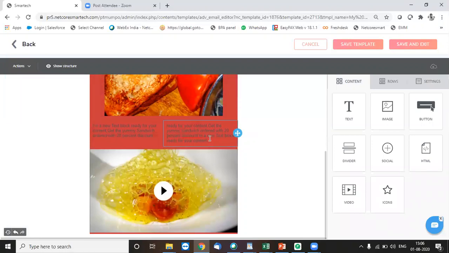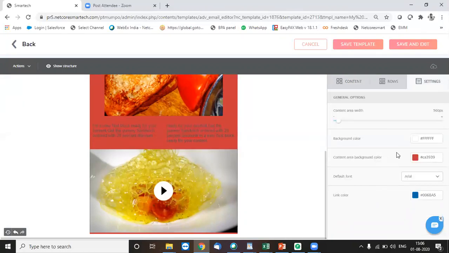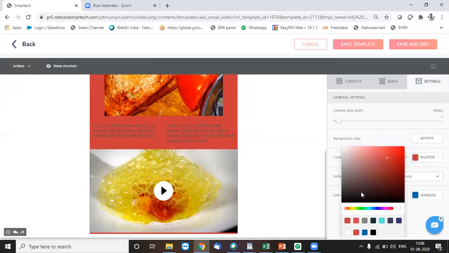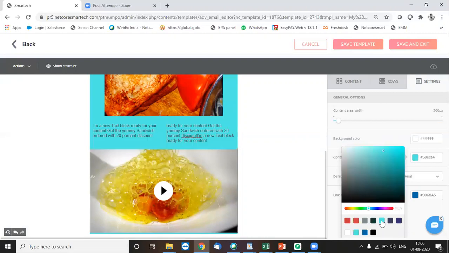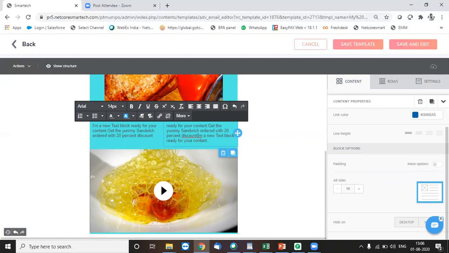One more thing, if you want to make changes even for the text block so that it can be highlighted well, you can make that as well. You can change the text color as well.